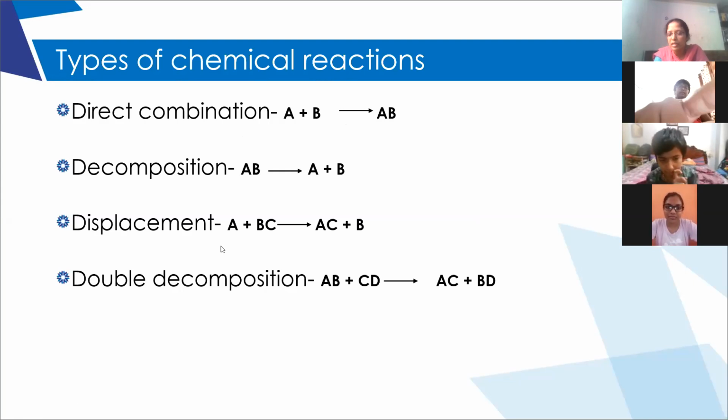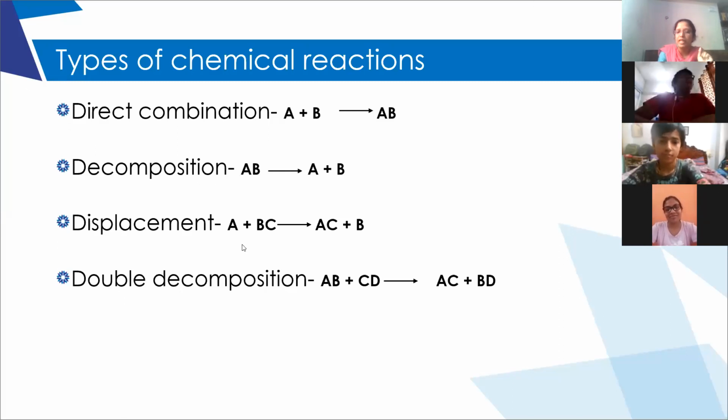Whereas displacement reaction, yes, Rohan? Ma'am, can there be more than 2 reactants or more than 2 products? In which reaction? In decomposition, or in direct combination? Generally, most of the direct combination reactions form only one product. Ma'am, your voice is not clear. 3 reactants can be there. Yes, it can be more than 2 reactants also. However many reactants you take, it gives one major product.